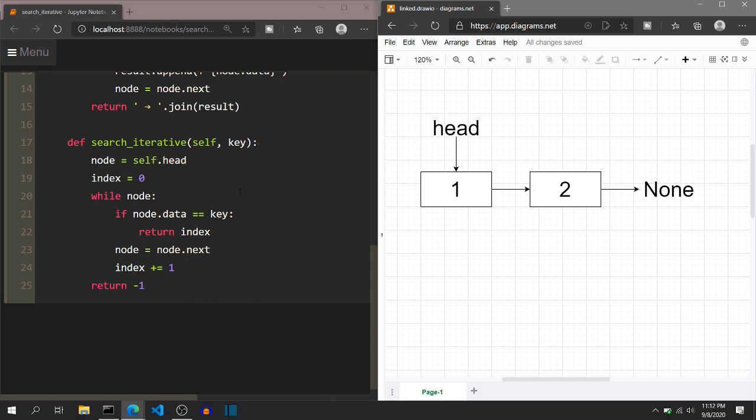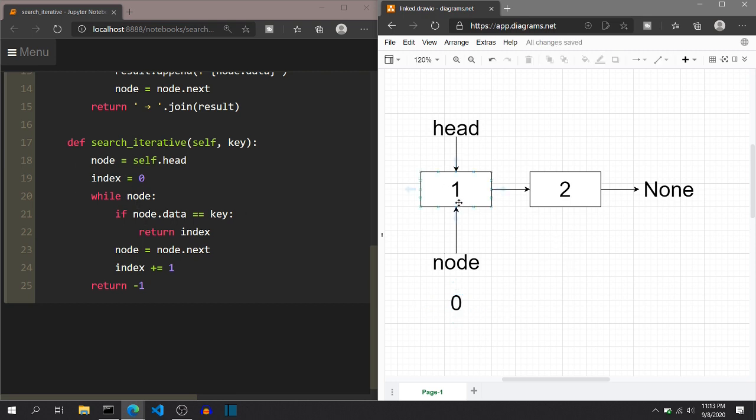Suppose we want to search for the key 1, that is the first node's data. We need to keep track of two variables over here. First will be the node variable, and that will initially point where self.head is pointing. So this will point to node 1 over here. We also need to keep track of the index. So I will keep that over here only. So index is 0.